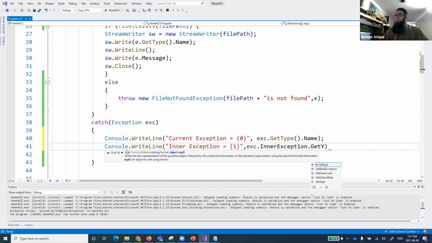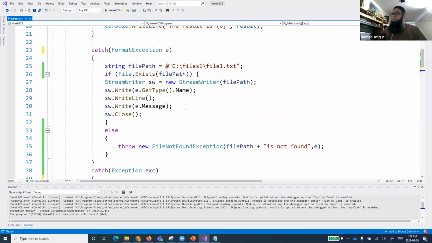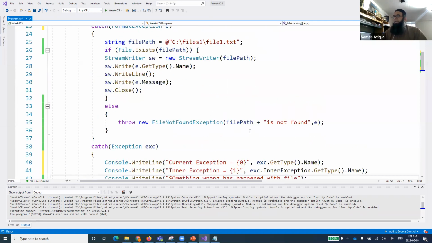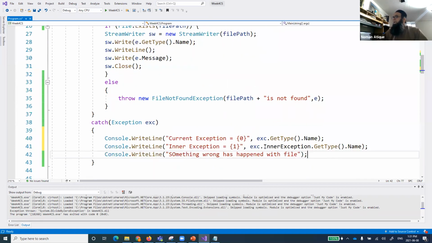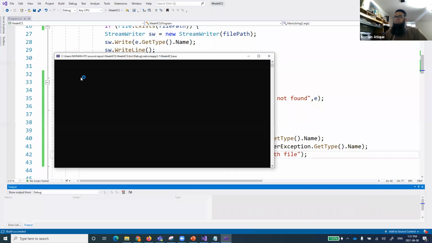Let's see if it gives us .Name. So you see what we are doing, we are calling that exe.InnerException. This exe is now accepting this exception when it was run. This exception is caught in this particular scenario. Let's run that one and see what happens.